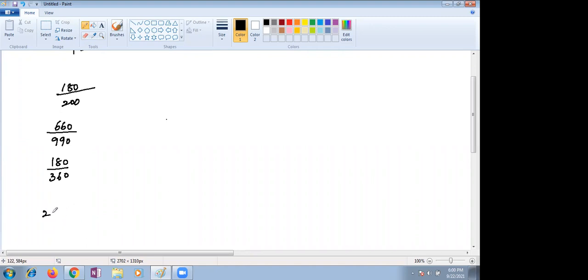The last number is 220 divided by 550. You need to match with numbers like 2 by 3. I'm giving 2 by 3 as the first one. Second one is 2 by 5. Third one is right side and left side, you have to write, children. Then it is easy for you. 1 by 2 and 5 by 8 and 9 by 10. You need to match the following, children.